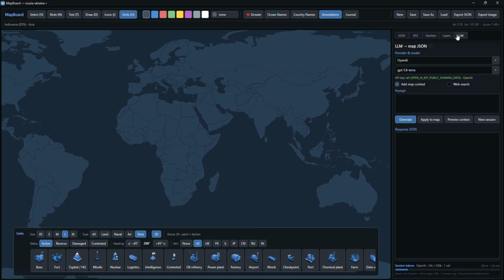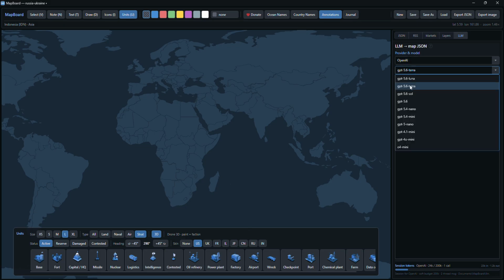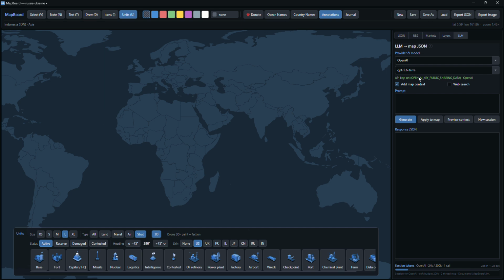If I go into the LLM panel on the right-hand side that I created, and I select from the LLM providers, the API, I select OpenAI, and I choose my particular model. I'm choosing 5.6 Tera, which is a mid-level model. And I want to represent current events on the world map. What can I do? Well, I could say